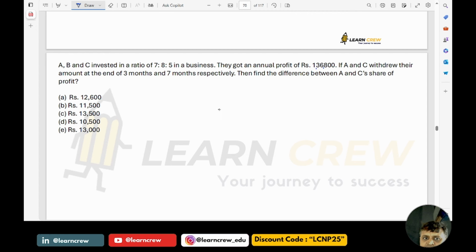So A invested 7 for 3 months, B 8 for 12 months, C 5 for 7 months. So now from this you will get 21 is to 96 is to 35. Okay, the total annual profit is how many parts? 96, 21 plus 35 is 56. 96 plus 56 is 152. This 152 parts is